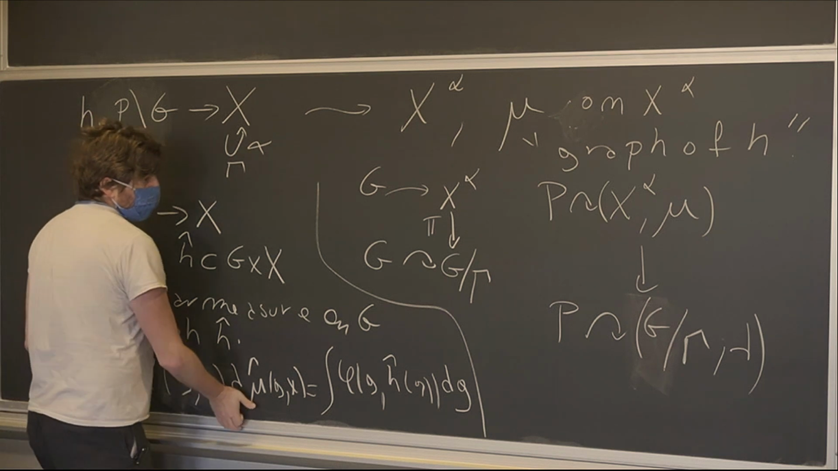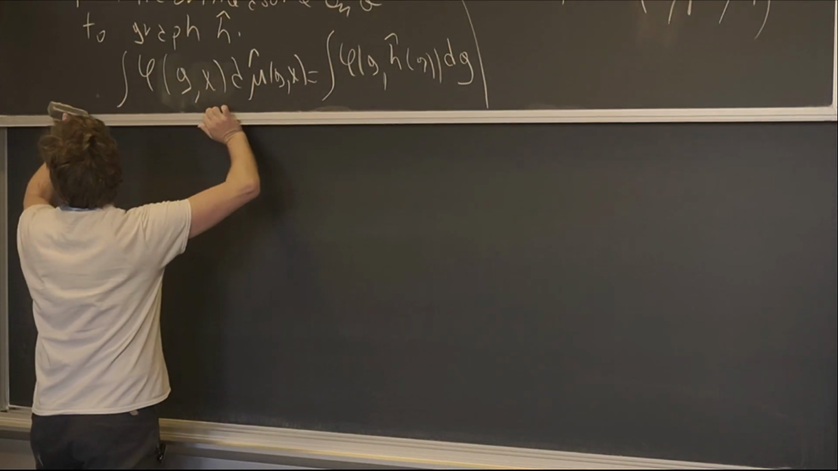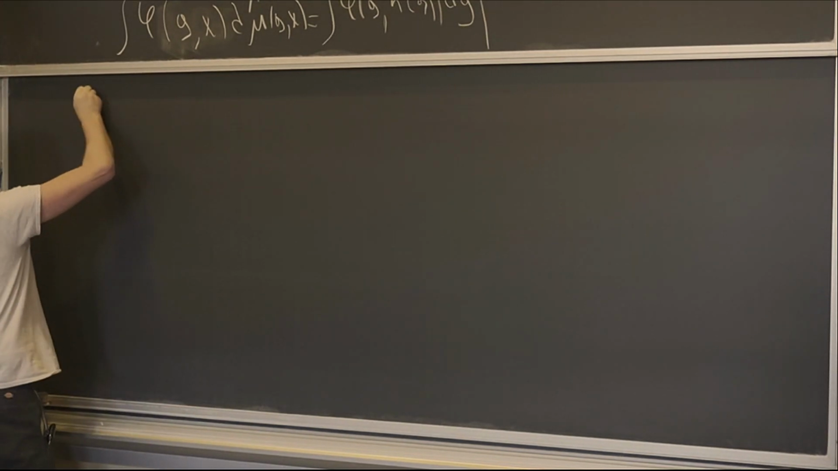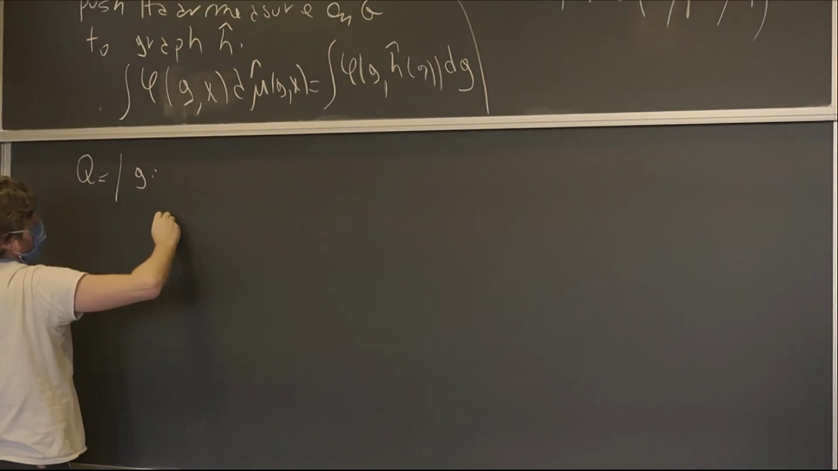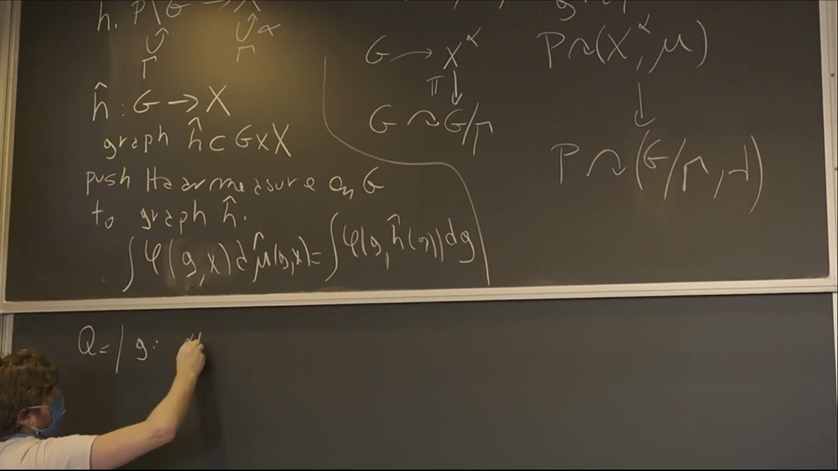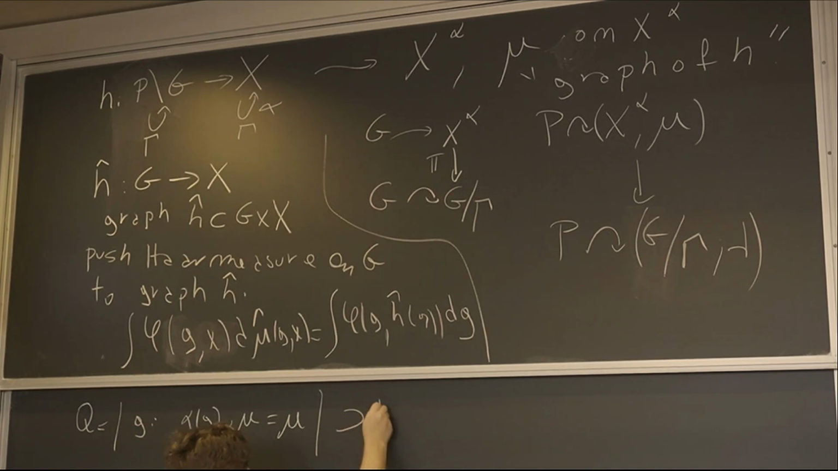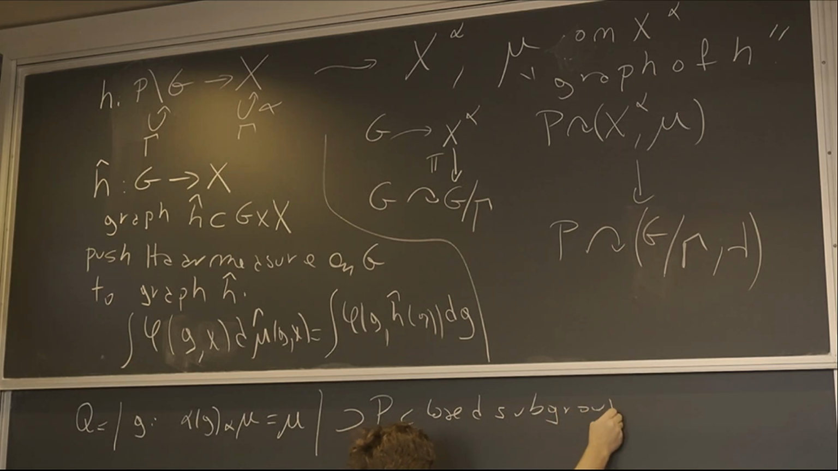Moreover, if we define, as we did before, Q as all the G such that alpha G star mu equals mu, then this contains P and is a closed subgroup, and we can actually induce the Q measure on there. H will be coming from the mod Q actually,